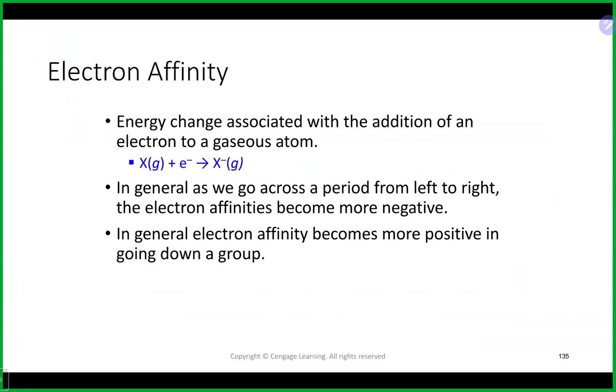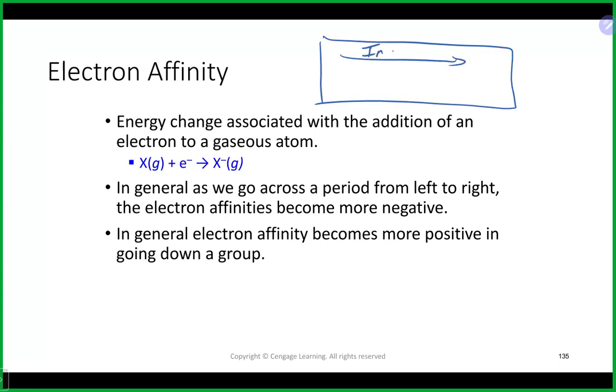When somebody gains electrons, they become negatively charged, so we often associate electron affinity with that. When somebody gains an electron, we see that the electron affinity increases as you go up and to the right,